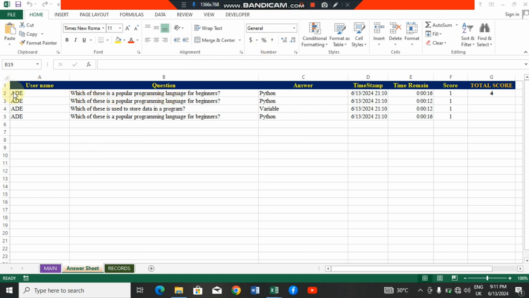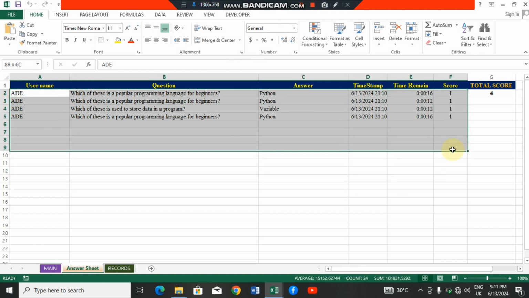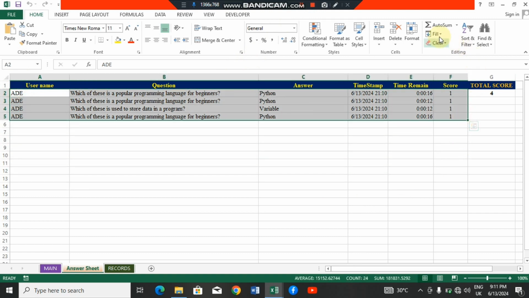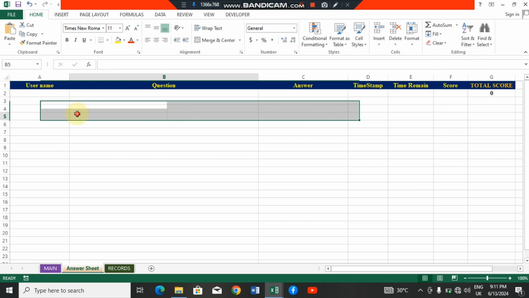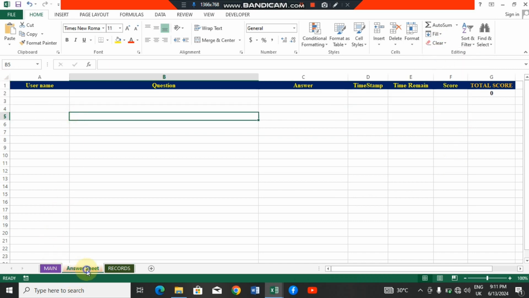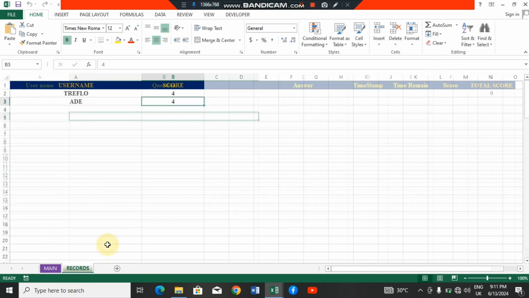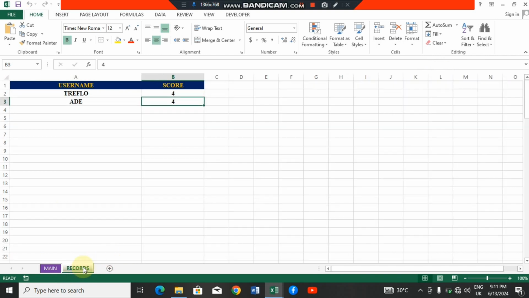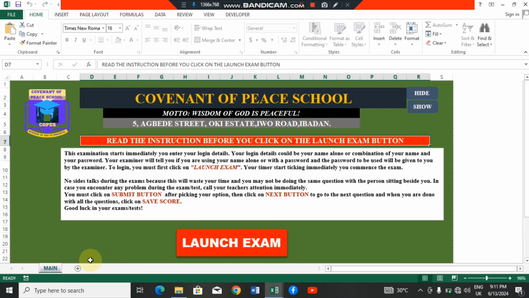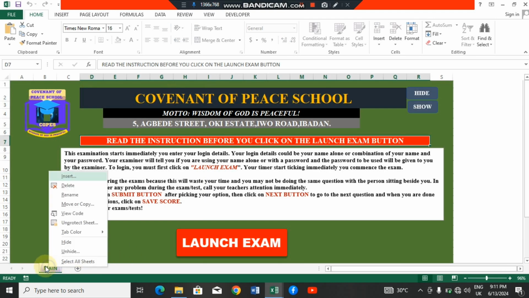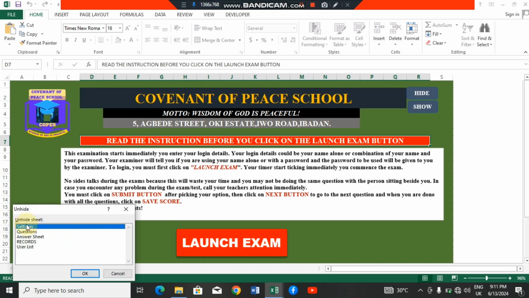Now let's see if I want to use password. I want to clear so that another person can do. Immediately I clear, I will just hide, and then I will hide this one also, but I want to unhide the settings because I want to do a setting there.